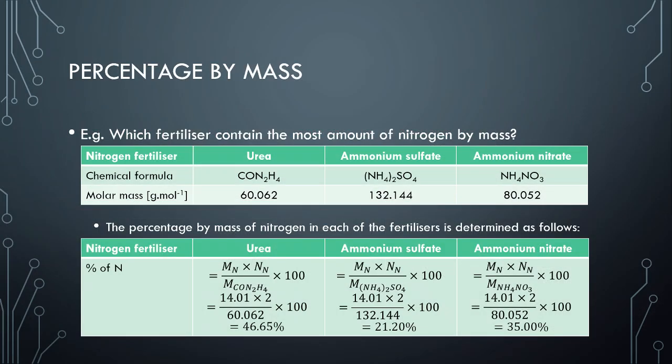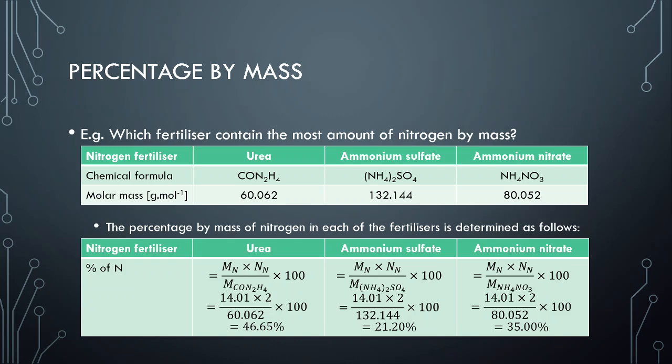Okay, so in urea, what you'd have to do is the molar mass of nitrogen times the number of atoms of nitrogen involved over the molar mass of the whole compound of urea times 100. So you would do 14.01, so the nitrogen mass, times 2 atoms involved over 16.062, which is the molar mass of urea, times 100, then you would get